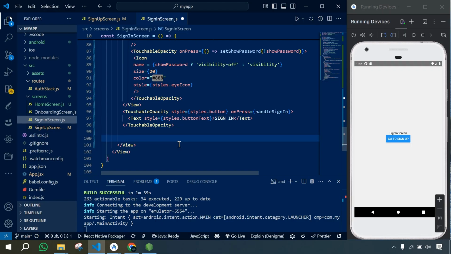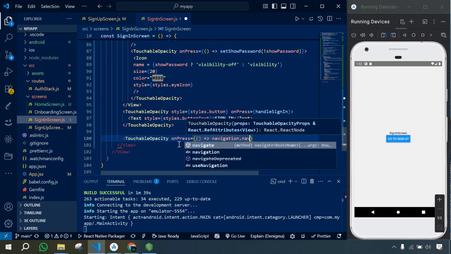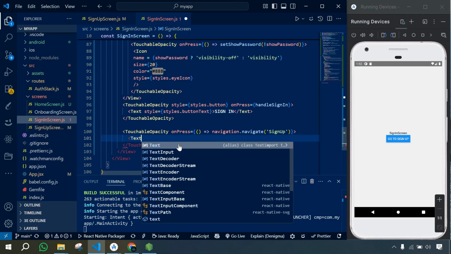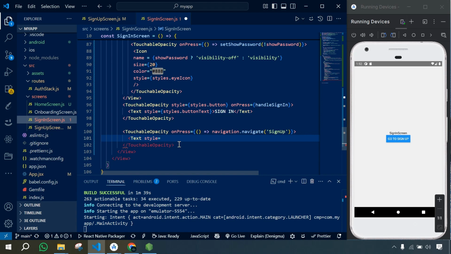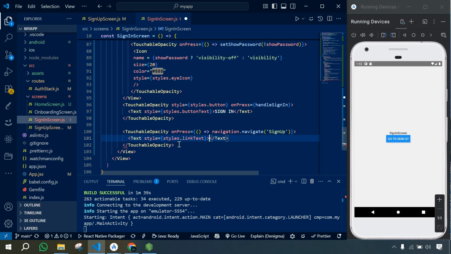and then below this TouchableOpacity again we'll use another TouchableOpacity, and here we'll use onPress equal function navigation.navigate, and here we will use SignUp, and here we will use Text style equal styles.linkText, and here I'm going to type "Don't have an account? Sign up",